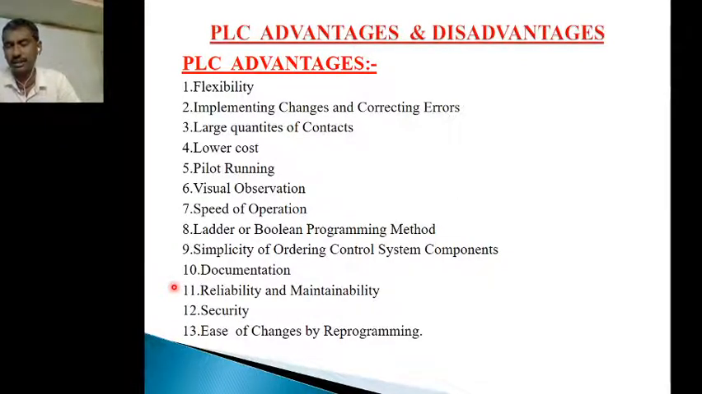In the monitor, we can simply open the PLC program and make some modifications, and if you run that program, then that particular program will definitely perform another operation. In this manner we can reprogram the existing program. That is one of the flexibilities and one of the advantages of the PLC system. So that's why we consider the ease of changes by reprogramming one of the advantages of the